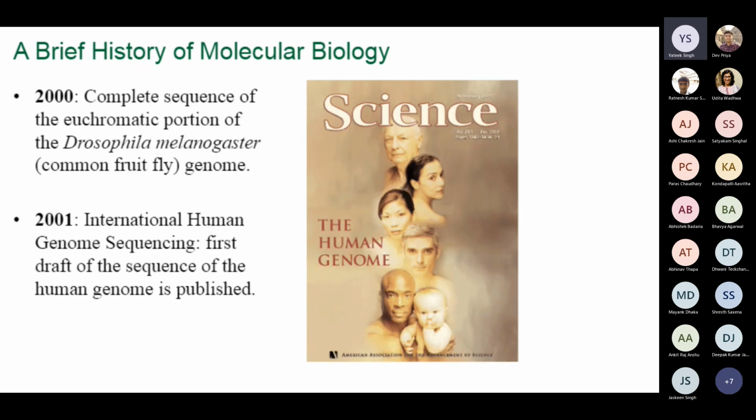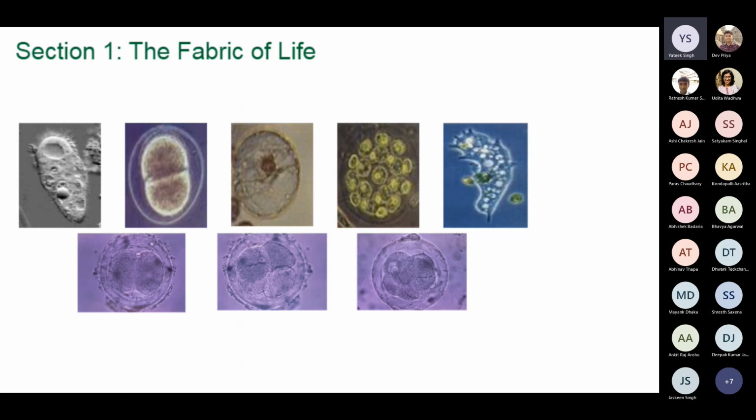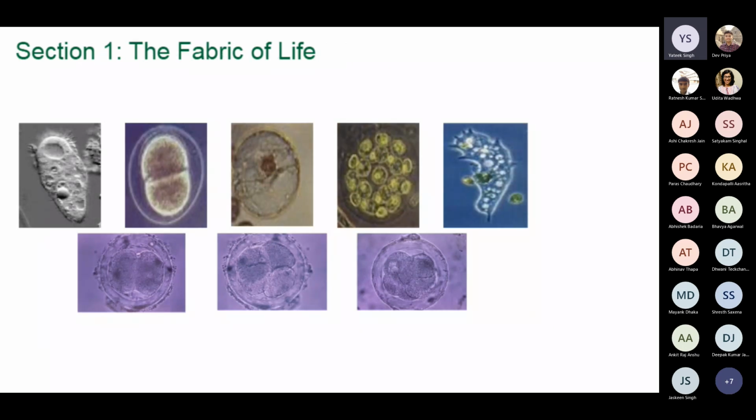So they wanted to first sequence different kinds of organisms, right? Different kinds of bacteria, different kinds of eukaryotic fungi, yeast for example, then complete organisms like C. elegans, Drosophila, then humans, then mice, then other kinds of mammalian organisms that are typically used in the lab. That has essentially given rise to all this information that is currently being put in all these biological databases. Okay, so coming back to what I was saying, the fabric of life essentially is